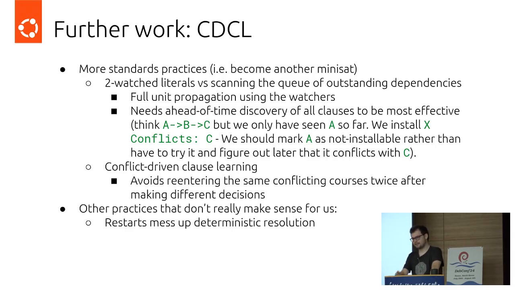You can imagine something depends on something, and eventually ends up in a conflicting cluster at the end. And then you have another path that eventually leads to the same cluster. And with conflict-driven clause learning, you can essentially jump back to the root level that actually introduces the conflict and then cut it off, and we don't ever get to explore the same conflict again, which I think hopefully will